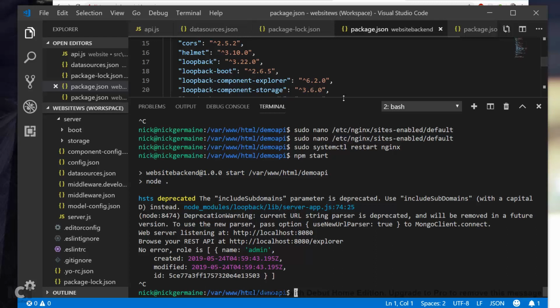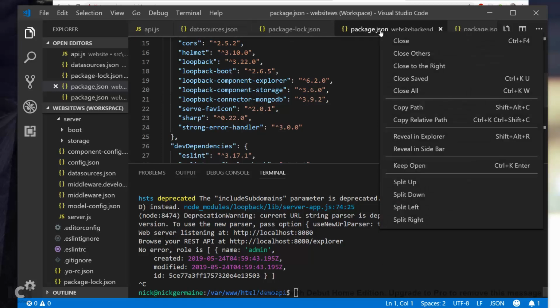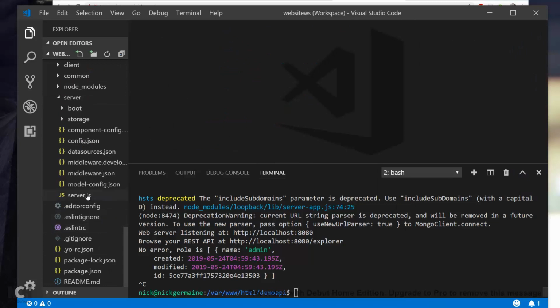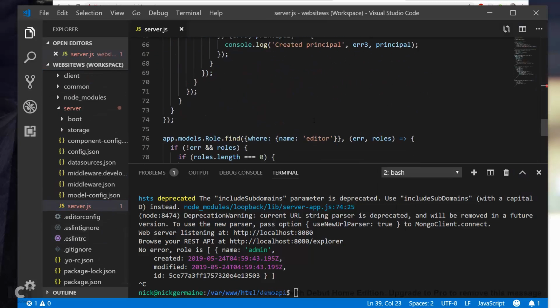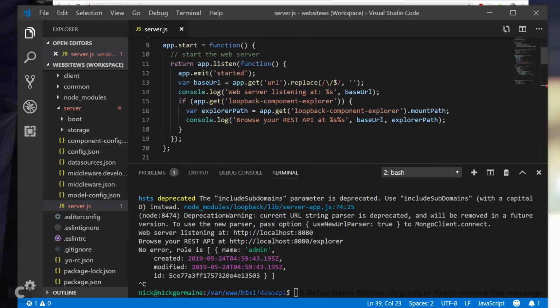The first thing is within the server file, we need to make a modification. So I'm going to close all of these. And in server, way down at the top, we need to specify where our API listens at. So we're going to pass through a port